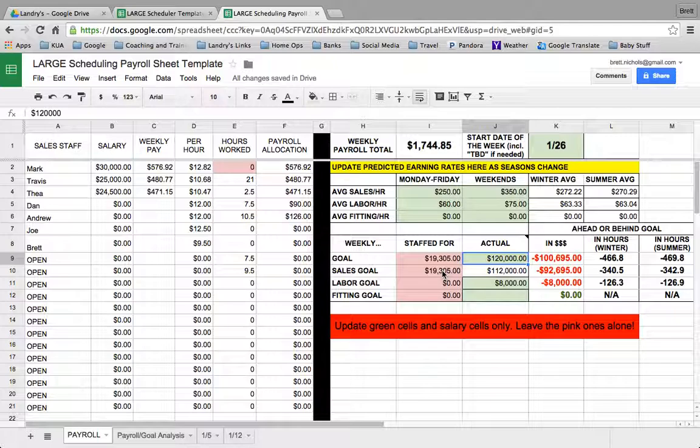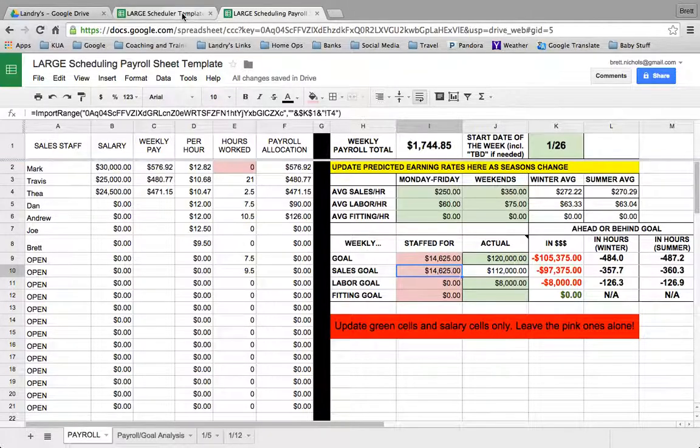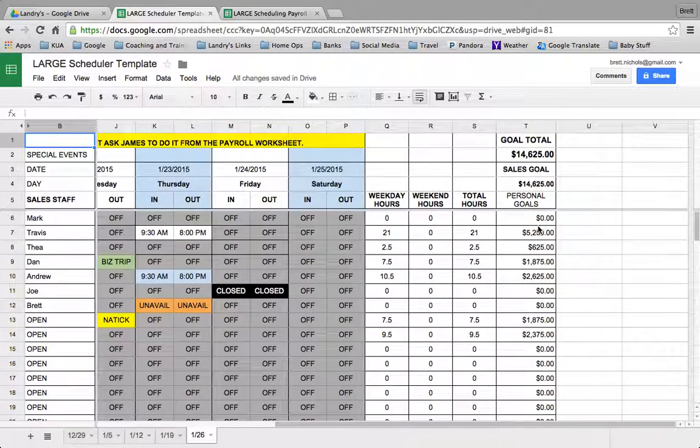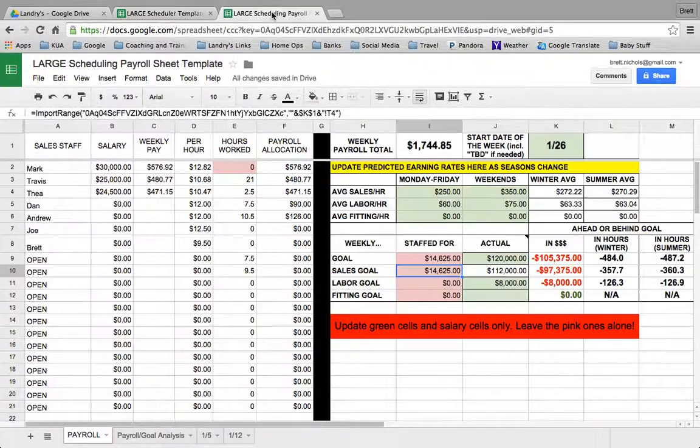Basically, what this number does is it takes the total number of hours worked, considers how much should be earned per hour per salesperson, and adds it all up here. So if you looked back at these goals and added them up for your entire sales staff, it would give you this